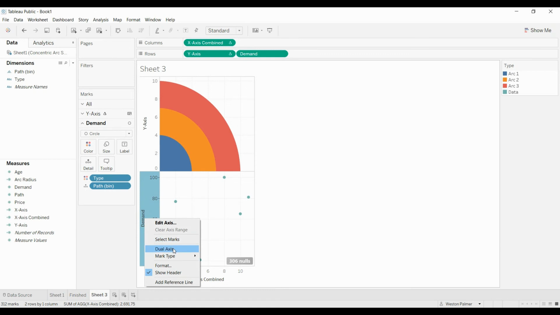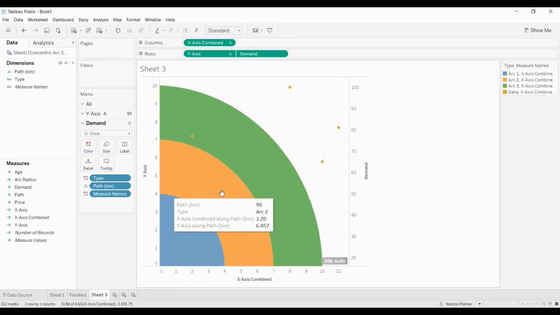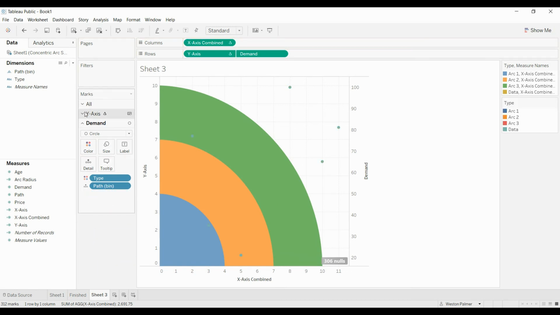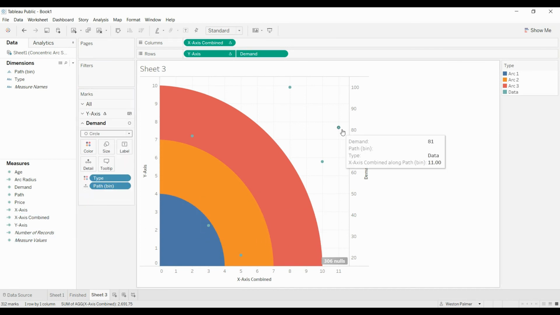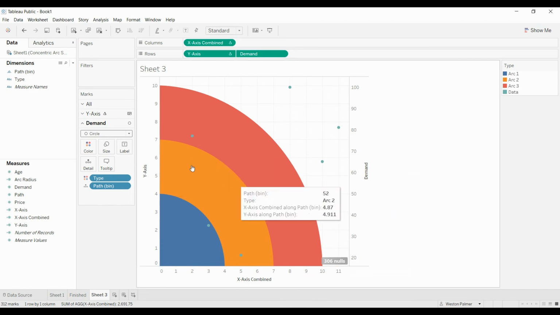You just right-click in a dual axis, and under demand, I like to take off the measure names, and under y-axis, take off the measure names. And now you get your color, and you've got your demand. You can do the formatting here that you want. Now, the one thing to be aware of, when I synchronize these, you'll see the y-axis is at 10 as a max. Demand is at 100. So if you wanted, under the y-axis,